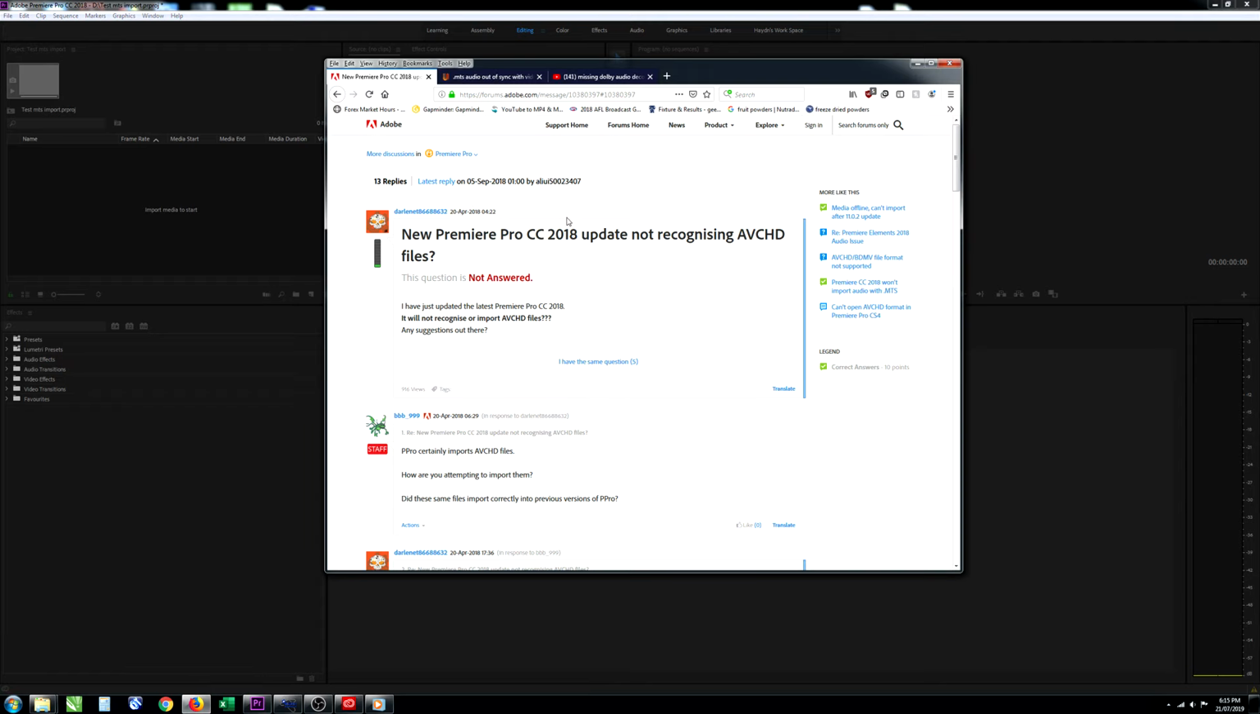Now, from 2018 onwards, for some reason, Adobe, in all their wisdom, decided to stop supporting Dolby audio in their flagship video editing software, Premiere Pro. Now, what that meant was that anyone using AVCHD file types, and there's a series of camera brands that use that file type, from 2018 onwards, suddenly all your video types would no longer import